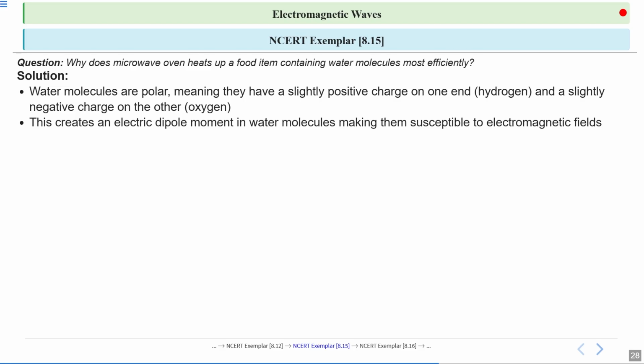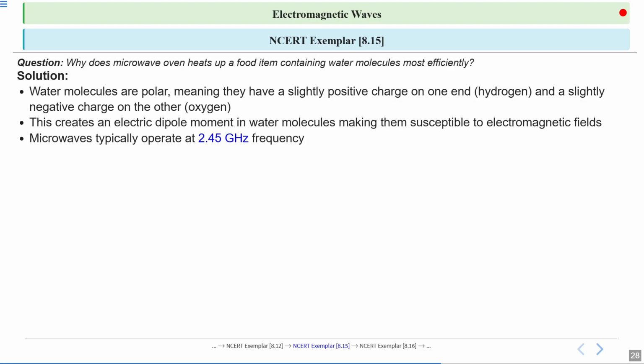They can absorb the electromagnetic waves. That makes them susceptible. What is susceptibility? It is a measure of the ease with which electromagnetic waves pass through the water molecules. So this creates an electric dipole moment in water molecules, making them susceptible to electromagnetic fields. So electromagnetic fields can pass through or be absorbed by the water molecules, but